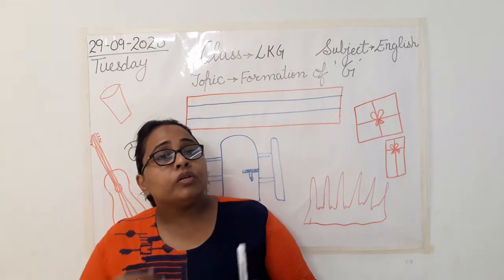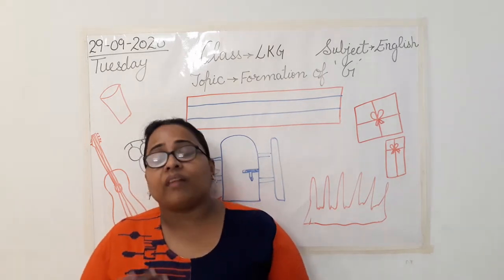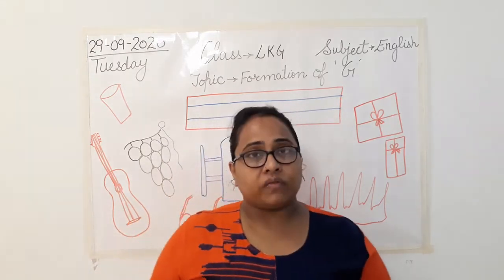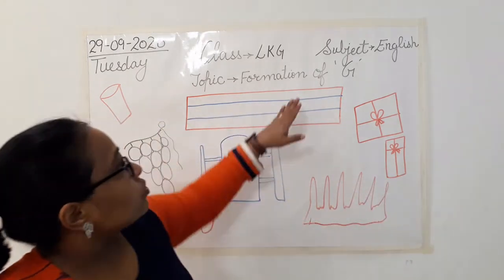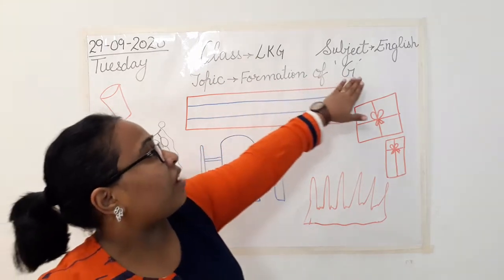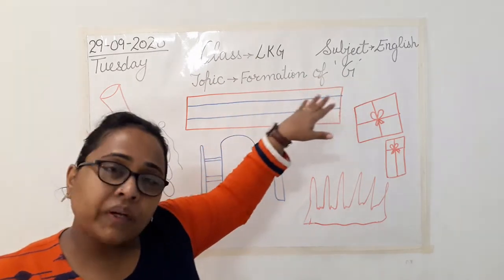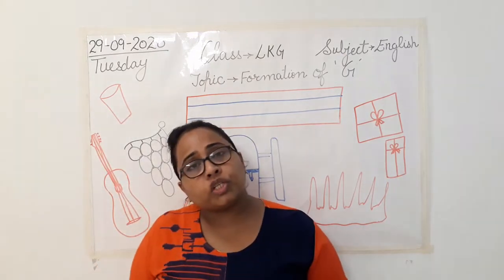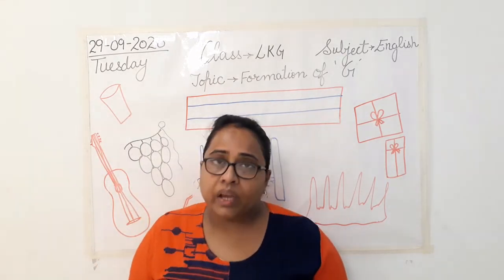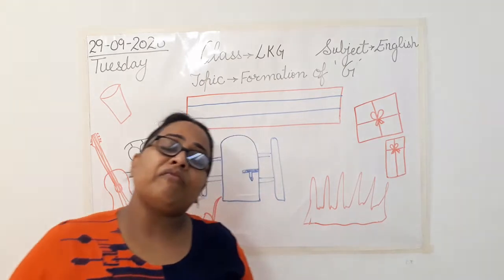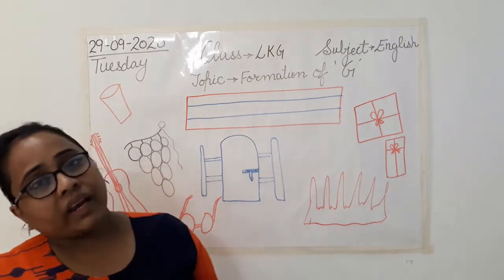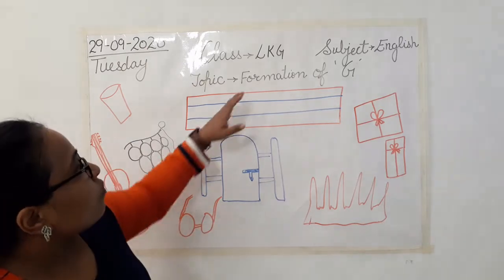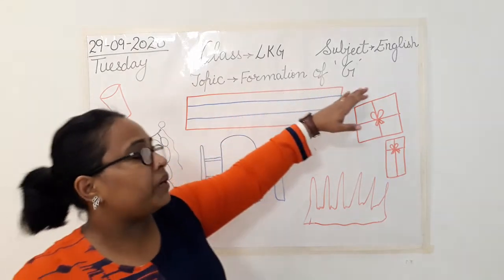Now it's time to compile everything and we are going to begin with our alphabet practice in a sequence form. So today we are going to learn first the formation of alphabet G. One alphabet G is left and we are left with one more alphabet that I am going to teach you in the next class. After completing these two alphabets, we are going to move ahead and practice writing in sequence form. Okay. So moving towards the formation of alphabet G.